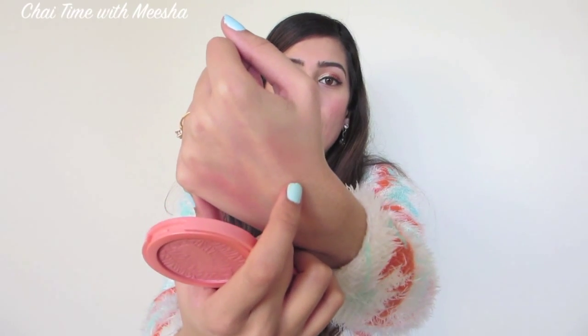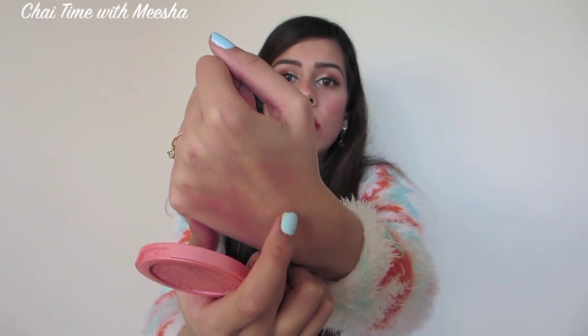And my next discovery this past year was Tarte's Captivating. And again, I was like, should I buy it? Should I not buy it? I wasn't sure, because I saw the swatches online, and it just looked like it would be a very light blush. And even on my hand here, you can see that it's not showing up very much. This was supposed to be a limited edition color, but now I think it's part of the permanent